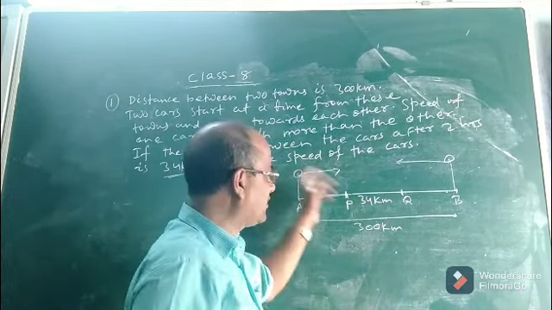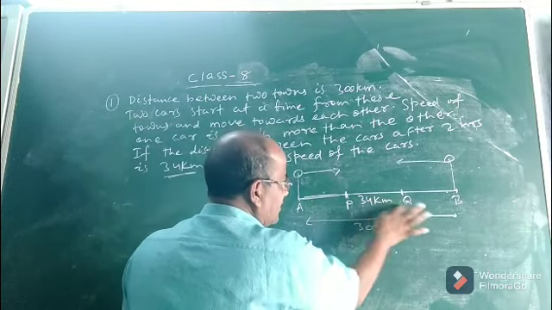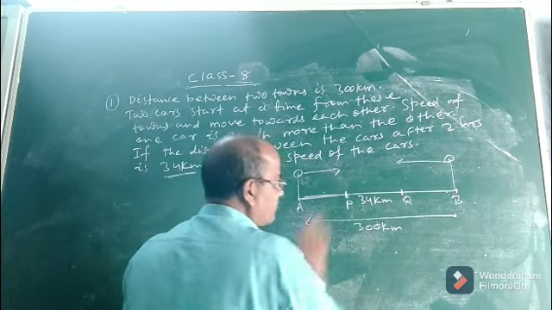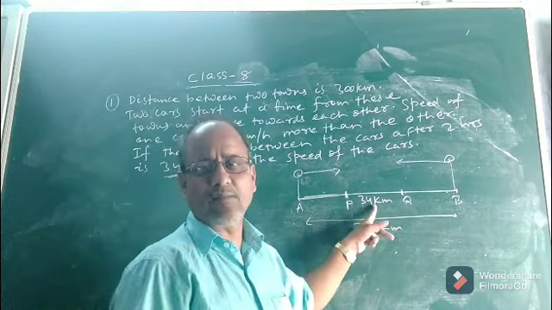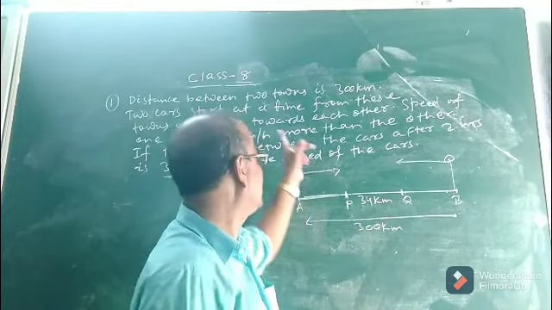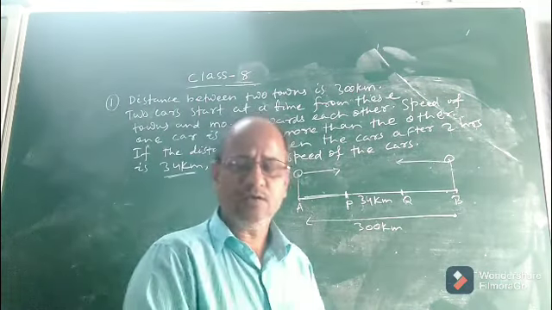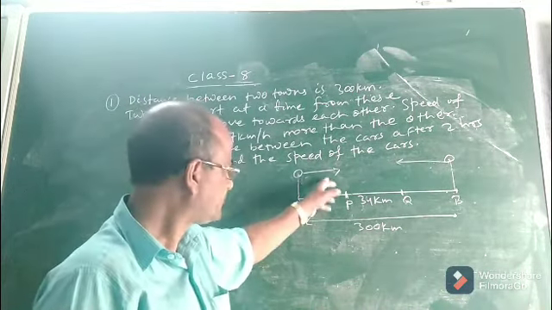Then what is the question? According to the question, after 2 hours the distance between the two cars is definitely PQ, and it is given as 34 km. So what do you have to find out? You have to find the speed of the two cars. Now how to find out? Let us see, with the help of linear equation.